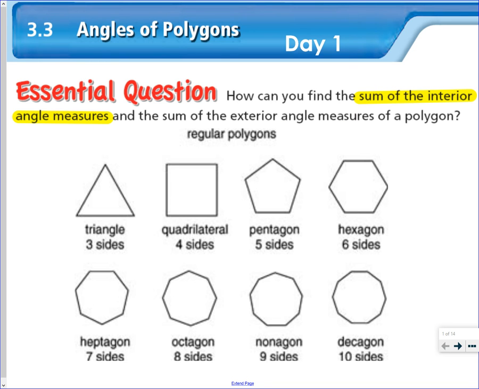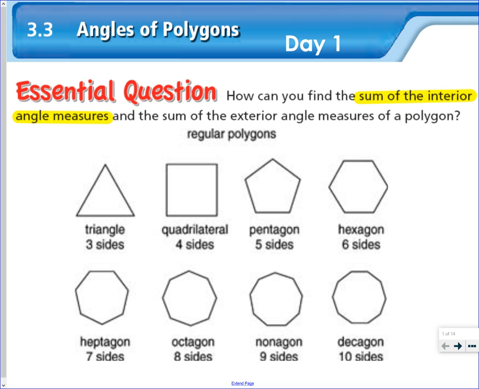Hello, math students. Now that we've talked about angles that we get with parallel lines and transversals, and we've talked about triangles, now we're going to extend that to other polygons. So a polygon is just a closed figure with all straight or flat edges, no curves on these. And today we're going to be focusing just on the part that's highlighted, just the sum of the interior angles